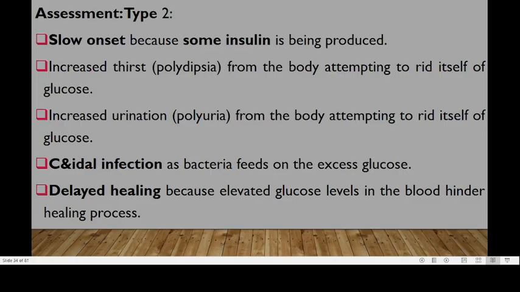As for type 2, it is slow onset because there is some insulin being produced by the beta cells. However, we could see patients with polydipsia, increased thirst, from the body attempting to get rid of glucose. We also have polyuria from the body attempting to get rid of the glucose. We also have candida infections, as the organisms feed on the excessive glucose, and we have delayed healing because elevated glucose levels in the blood